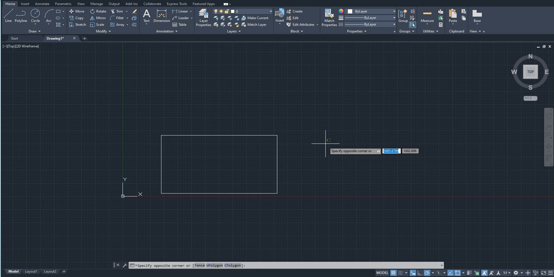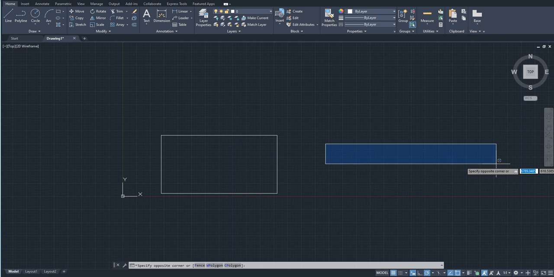If I left click, the shape of the crosshair has changed again. It's 4 lines intersecting each other with a small box and a green dot in the top right side of the cursor. This is basically the icon for selection. So if I move the mouse now towards the right hand side, you can see that a solid blue